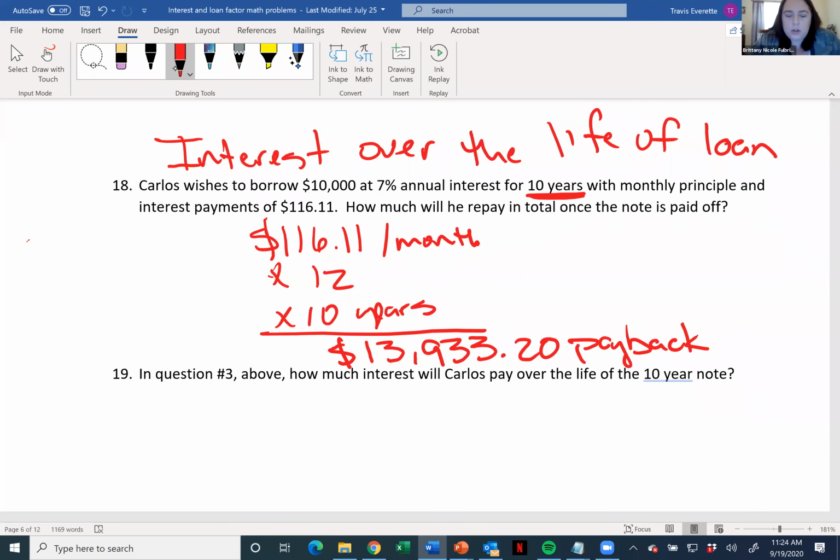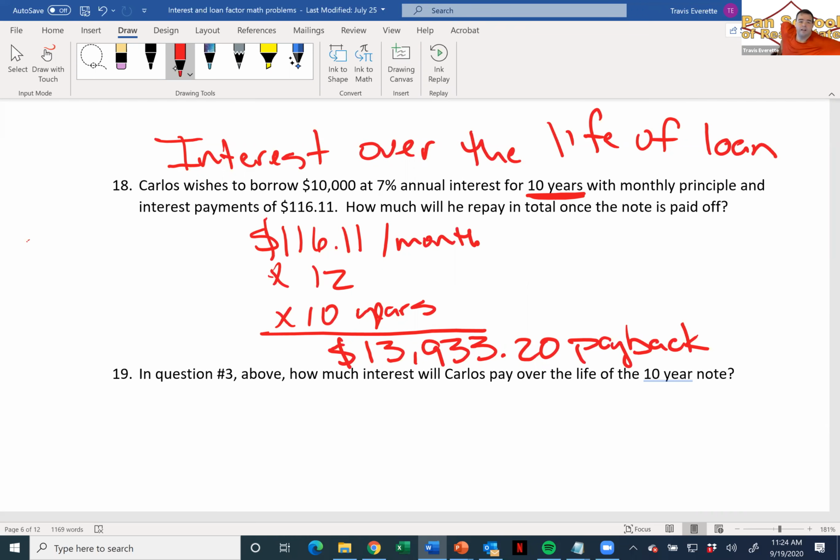That's it. So there's nothing else that you have to do. Hey, Travis, I have a question. How come when we calculated the other math problem, that giant math problem, we had to calculate the interest and it was different every single month, but when we do this problem, it's not different every single month and we're just shooting straight through?